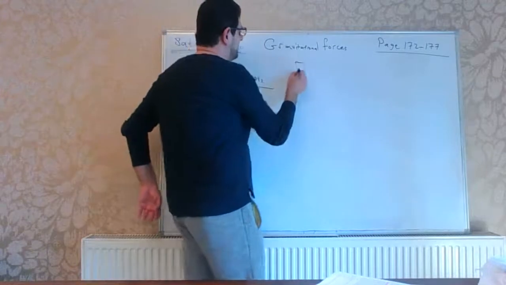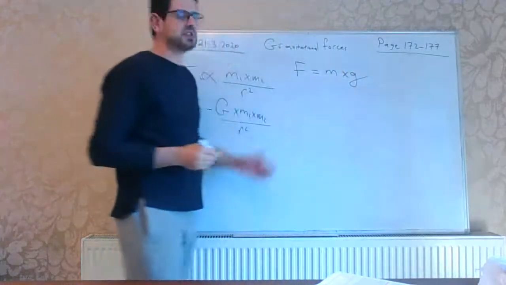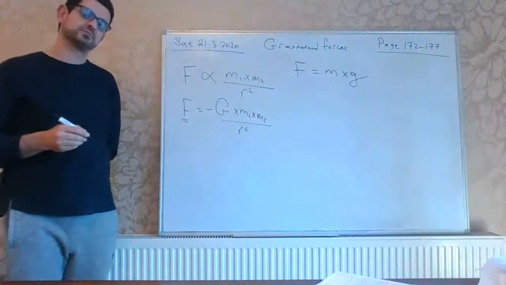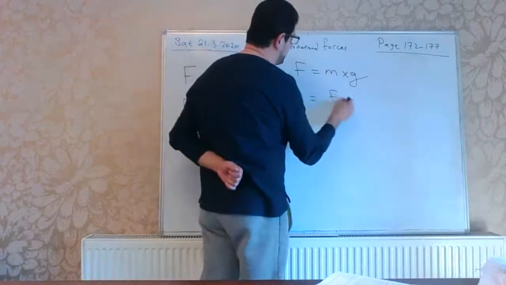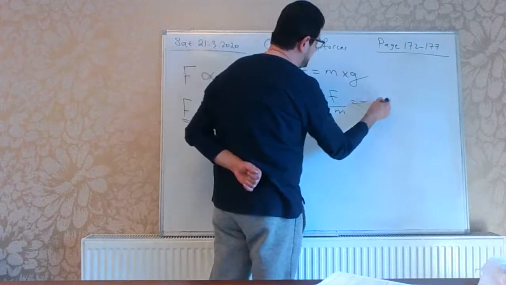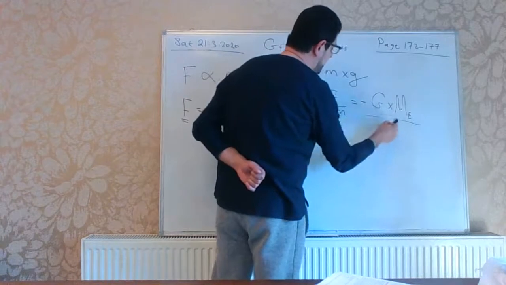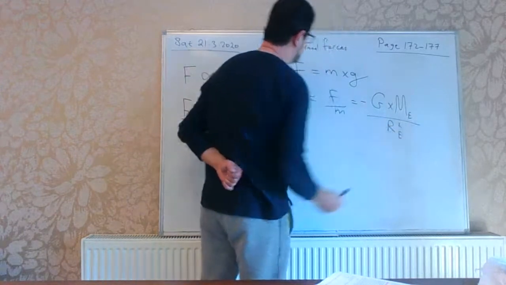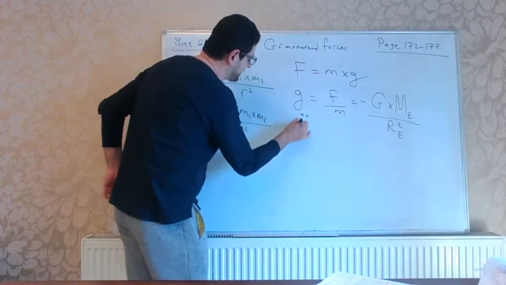And we wrote that the gravitational force equals mg. For g it's the force over the mass, so it's negative G, the mass of the planet over the radius of the planet squared, if you want to find g